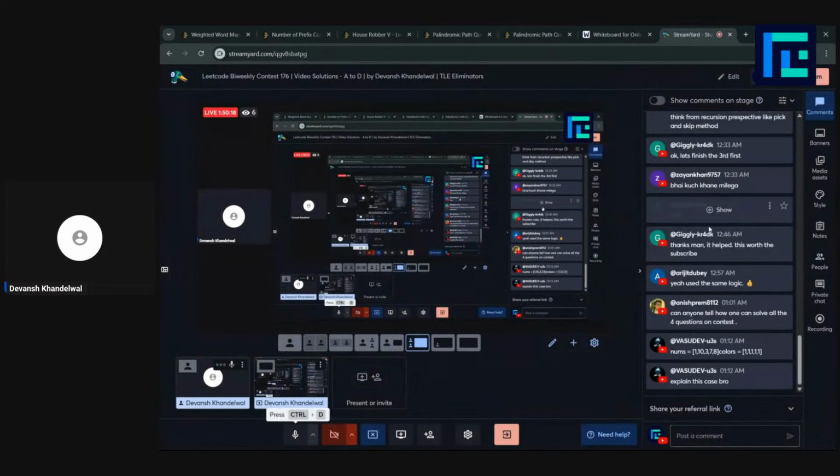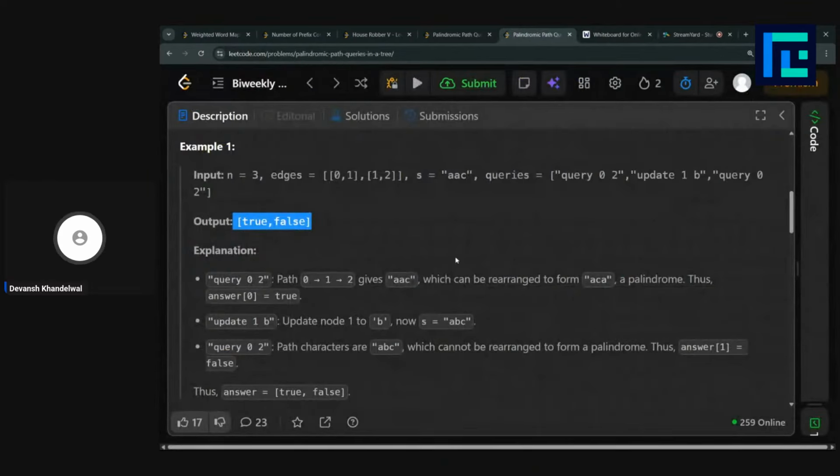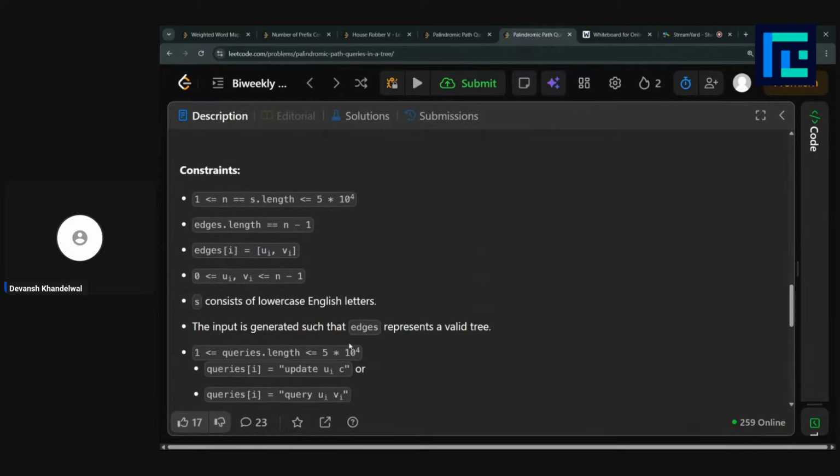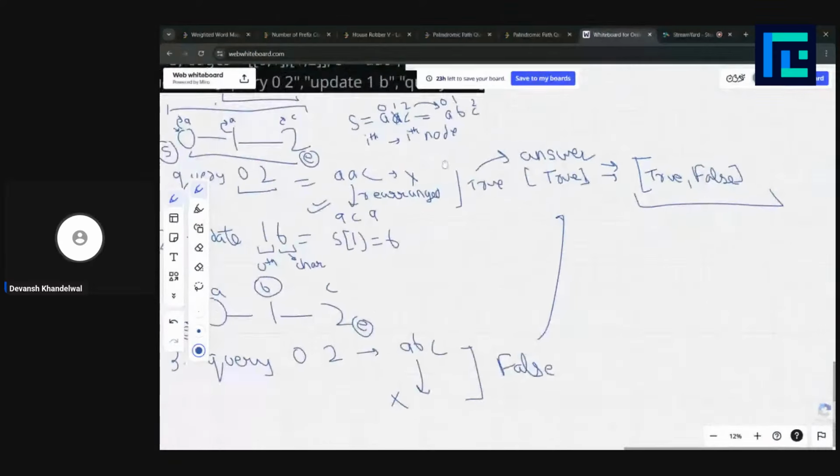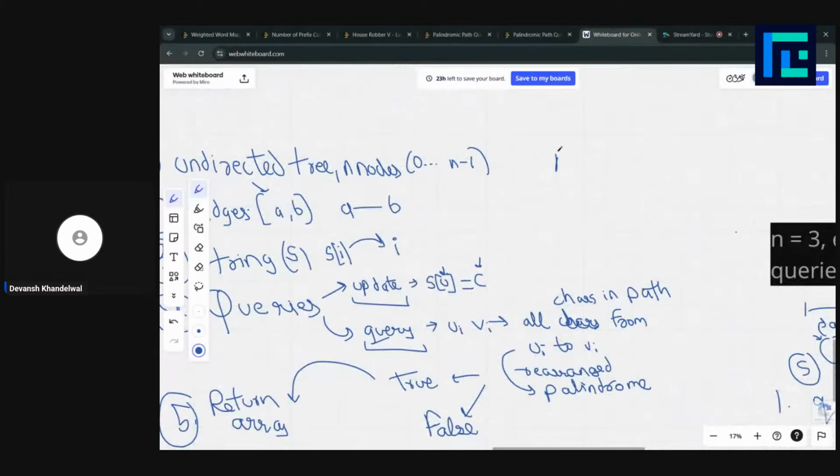Let's also see the input constraints. Let me also see the comments. The input constraints are: the length of this string is maximum 5 into 10 raised to the power 4. And the value of n, the number of nodes we have, is less than or equal to 2 into 10 raised to the power 5.